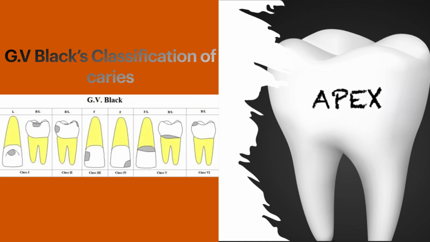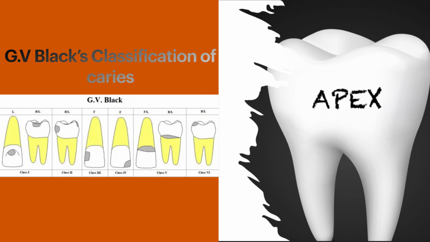GV Black's classification of dental caries is the standard method used in identification of carious lesions according to its location on the tooth surface. These cavity classifications are used when recording on the patient's chart the type of caries found on the teeth. According to the GV Black classification model, dental caries can be classified into 6 classes based on the